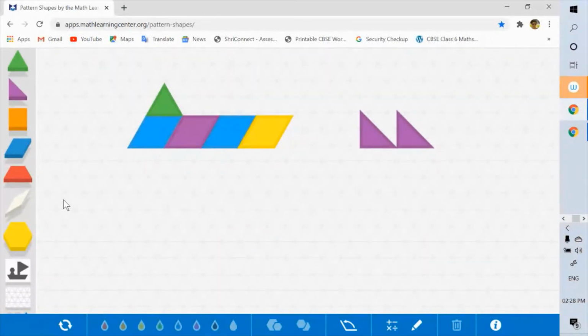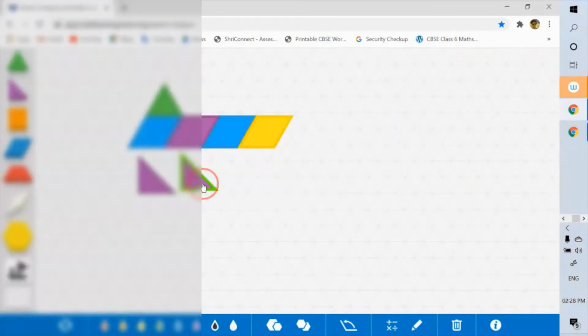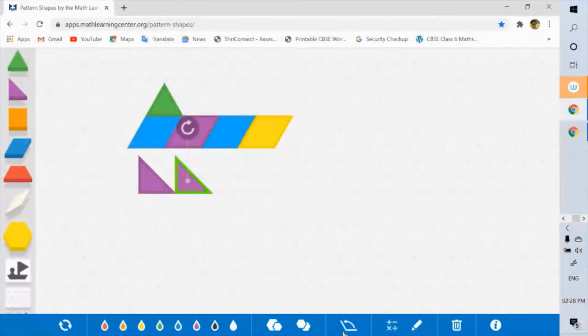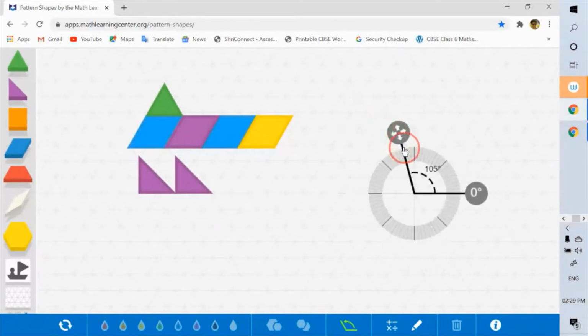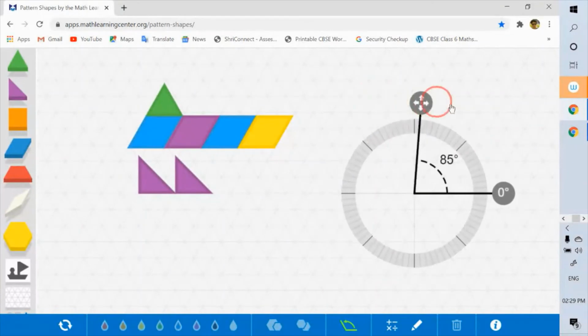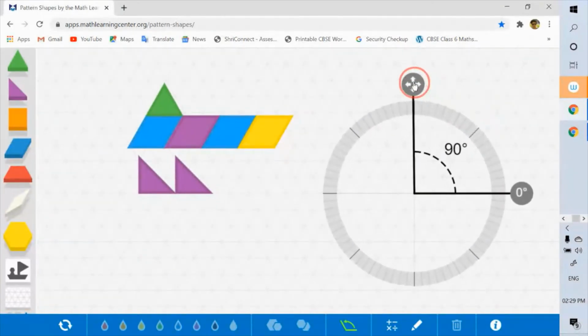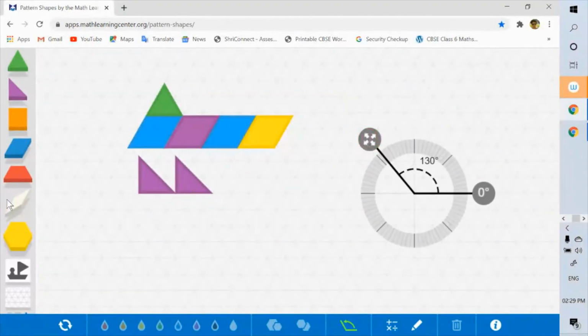But then this is my favorite in this. There is something that I really love about this app, and I'm going to show you something that I've been wanting to explore, and this app makes it so simple. It gives us the option of a protractor, and you can show different classification of angles through this protractor. So the child will have a protractor. You can always increase and decrease the size of the protractor, and you can show the classification of angles, acute angle, right angle, obtuse angle, and so on. And if it's getting bigger, you can make it smaller.